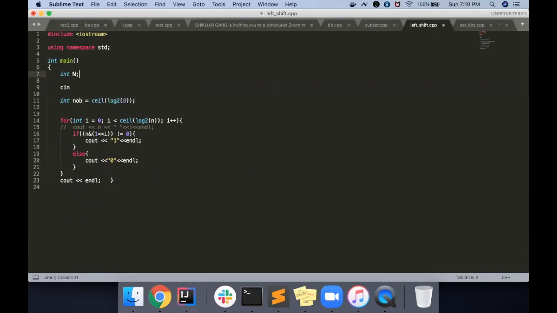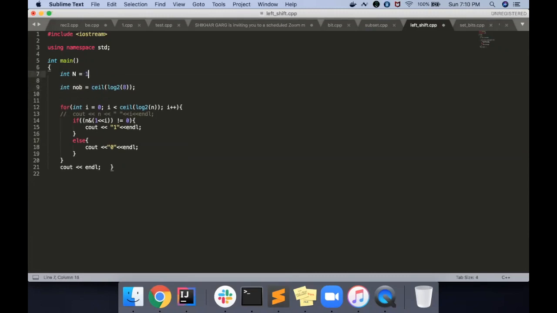So you have to find the binary of this number n. This is the code for binary, I guess. Yeah, it is called binary. Let's hard code this: N is 12.